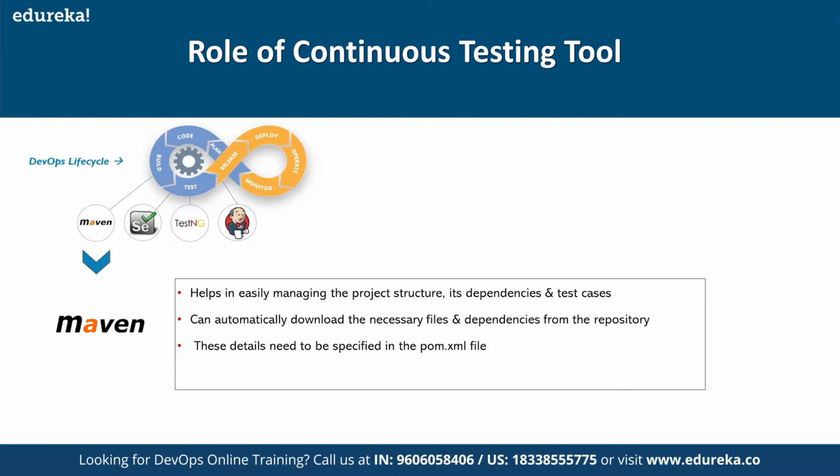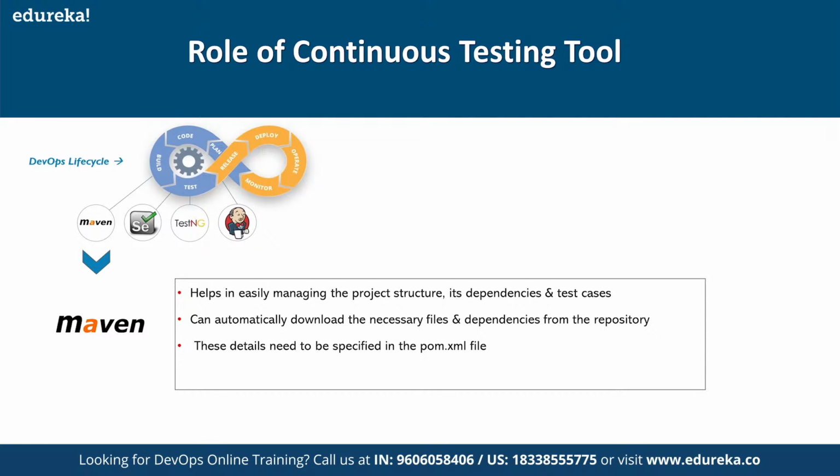Let's talk about these tools a bit in detail. So Maven, first of all, what a Maven is. Maven is basically a tool that can help you in automating tasks, that can help you in building anything. It decides on the dependencies. For example, I'm writing some Selenium test cases, and that Selenium has some requirements. So Maven is a tool that will help you in managing the builds, managing the dependencies of the test